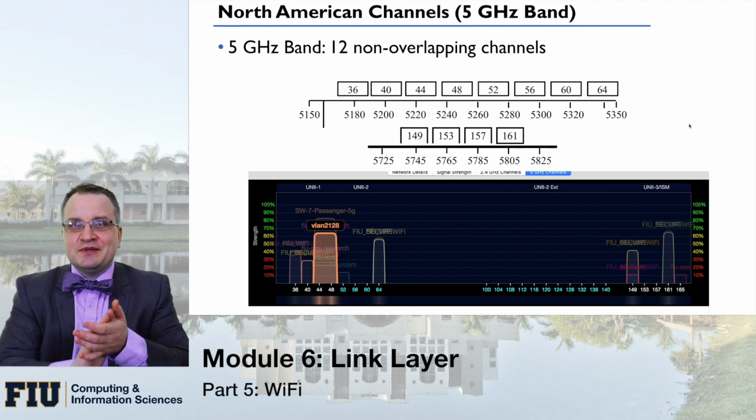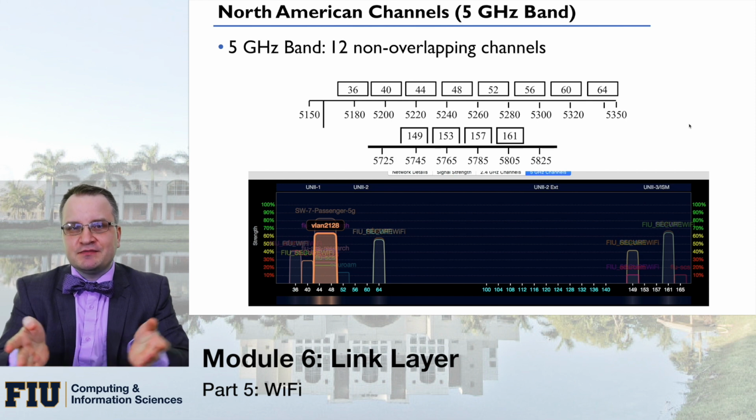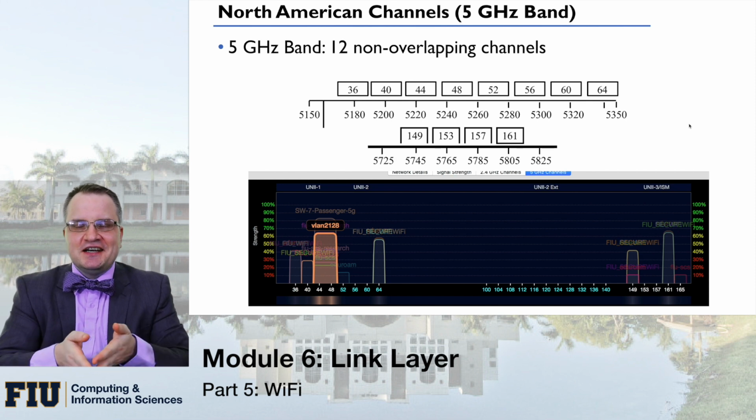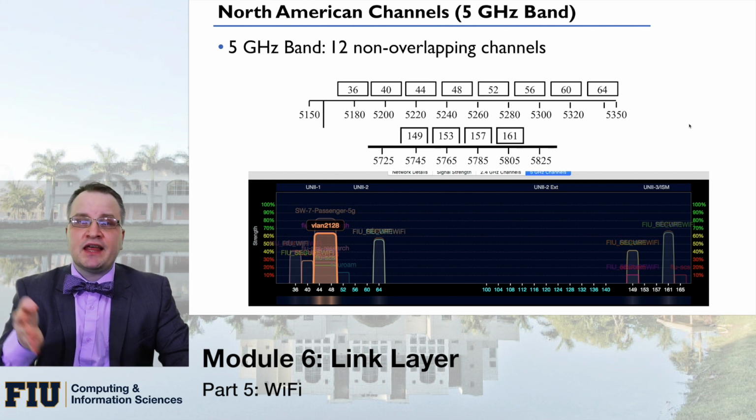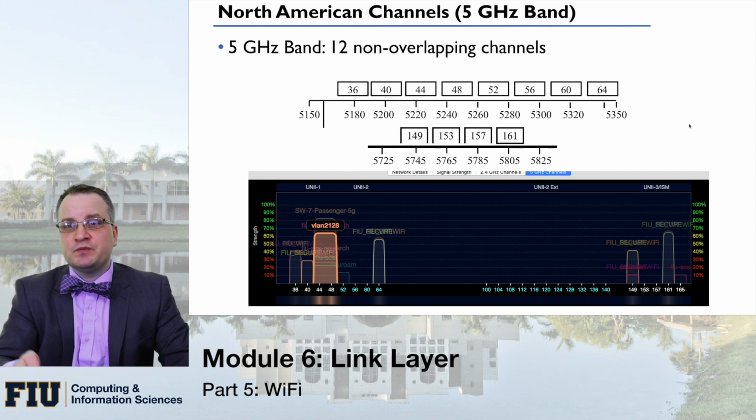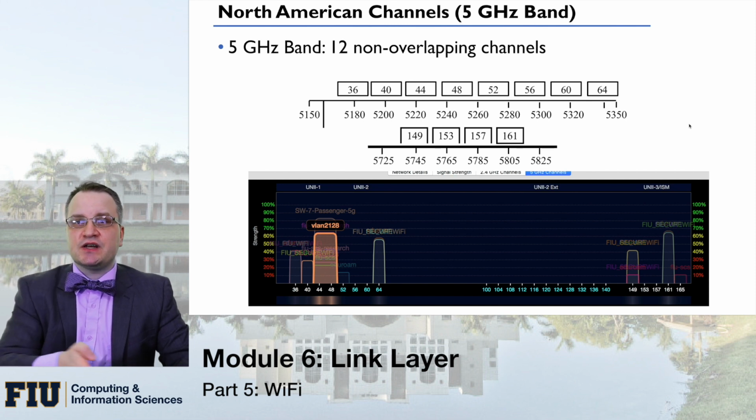Luckily, the picture is a little bit different for 5 gigahertz. When they defined the 5 gigahertz band, they actually defined it with reasonably better throughput. So in these cases, we don't have the problem of overlapping. If you're using a specific 5 gigahertz channel, then that's yours. If you pick another one, you're not going to overlap accidentally with some other channels. And these are 12 channels that I showed you on the slide to represent what is being used in the United